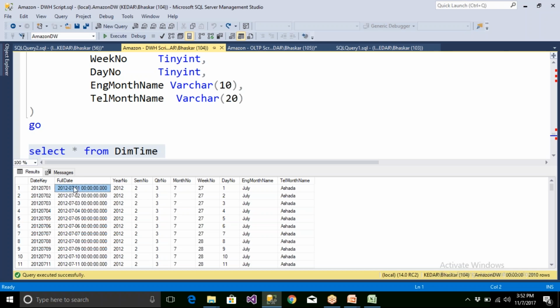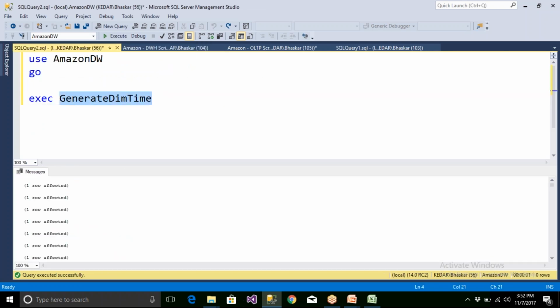Here you will get 1, 2, 3, 4, like this continuous numbers. That's it. This data got inserted with the help of this loop. The starting date is the business start date. The ending date is a couple of years from now. Another 10 years later, you may insert.